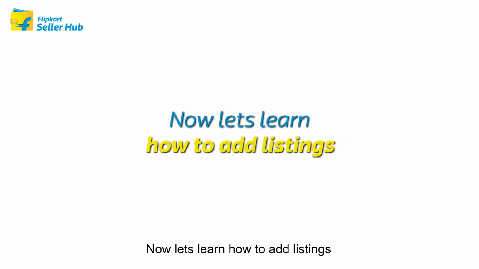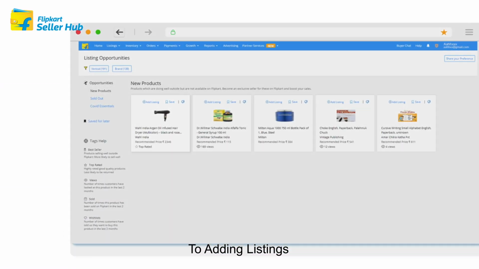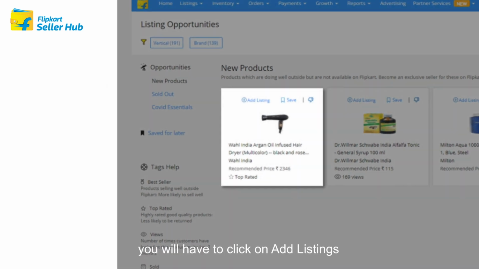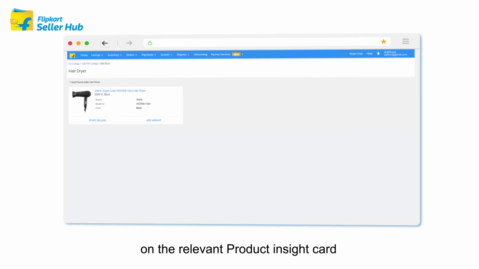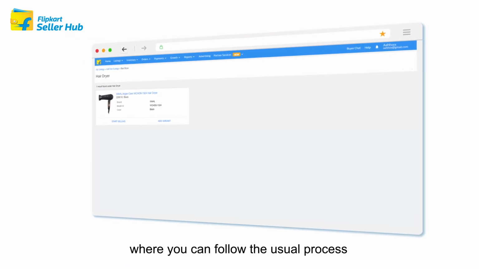Now, let's learn how to add listings for listing opportunities under the new products and sold-out categories. To add listings from the New Products tab, you will have to click on Add Listings on the relevant Product Insight card. This will take you to the Add Listings page, where you can follow the usual process to list the product.